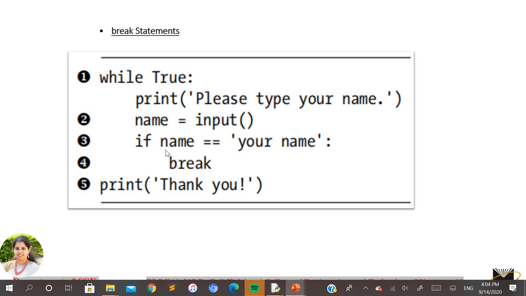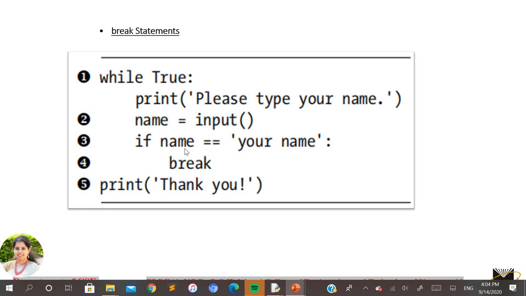Do concentrate here: the if is also a conditional statement for which you require the colon, and to tell that the block of statements is to be executed only for this if statement, you need to maintain a certain indentation. That means if the string entered by the user is "your name", the break statement needs to be executed. What is this break statement going to do?